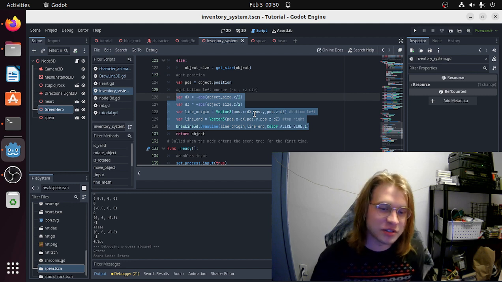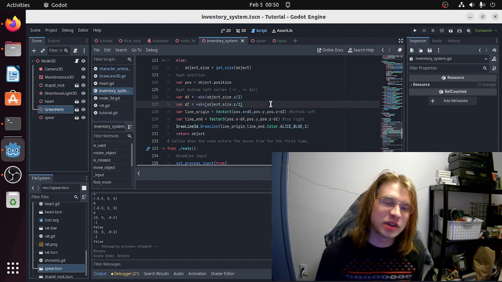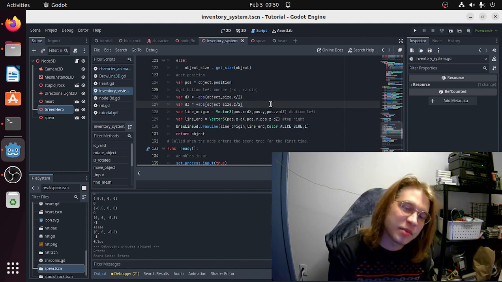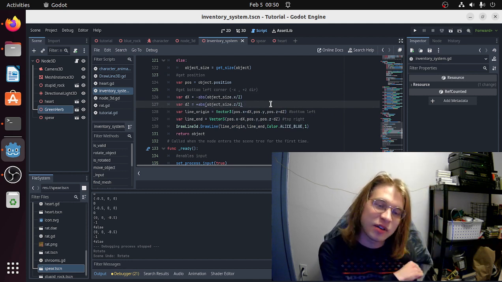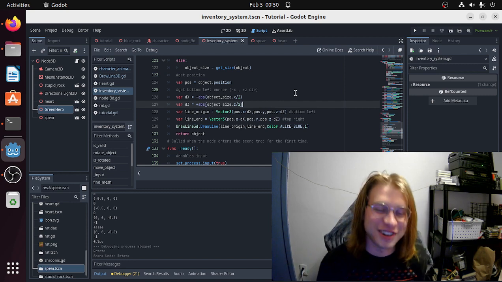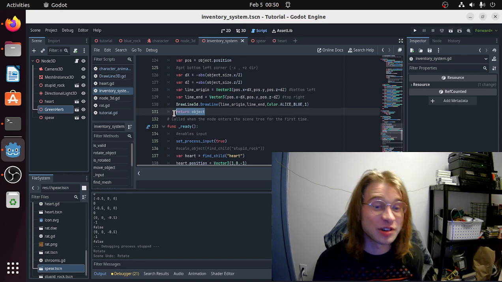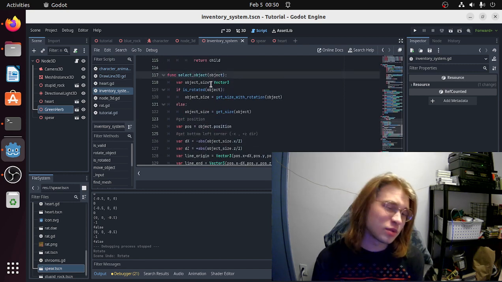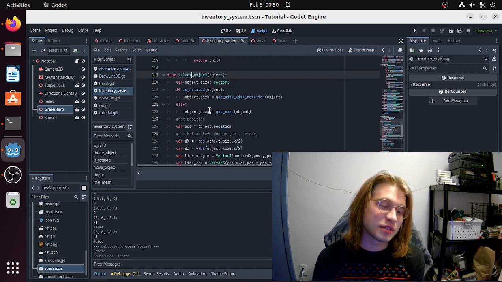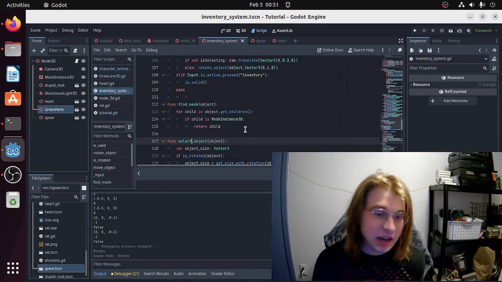This is just extra, but from here, I'm grabbing the bottom left corner of the object and drawing a line from that corner to the top right corner, just for fun, no reason. And then return object. This is returning the selected object. So we don't really care about selecting the object so much as this function, but after selecting it,